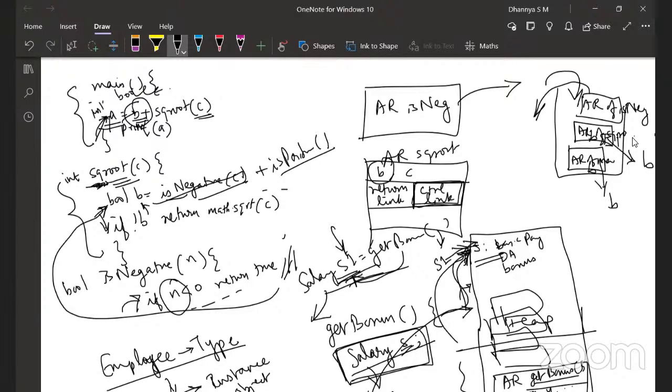Of course, these things have a lot of foolproof techniques these days, but the basic idea about cleaning up you should know: in stack, it is automatic cleaning when it is pushed out, whereas in heap, it needs some explicit intervention from somewhere. Okay, so I think I will stop today.